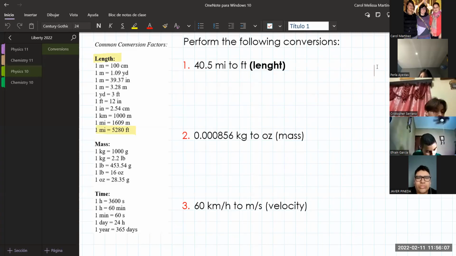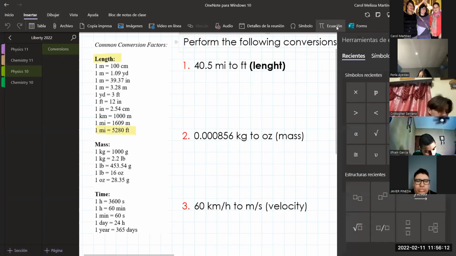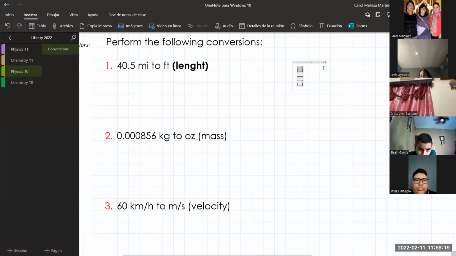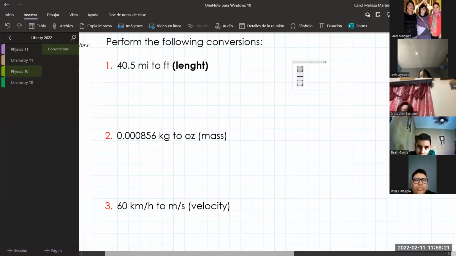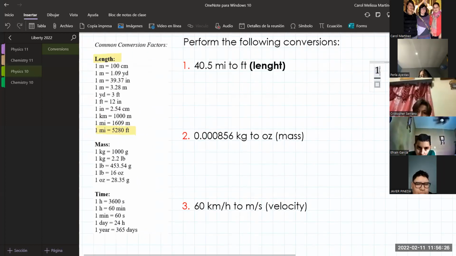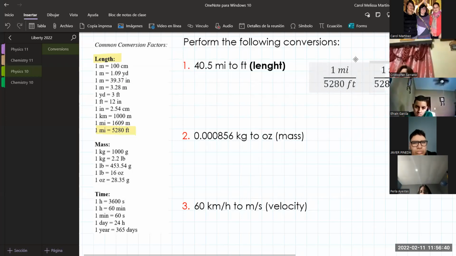You can write a conversion factor as a fraction. So we can write this conversion factor as a fraction like this. You can say that 1 mile is equal to 5,280 feet, or you can say, sorry, I'm going to put it here,